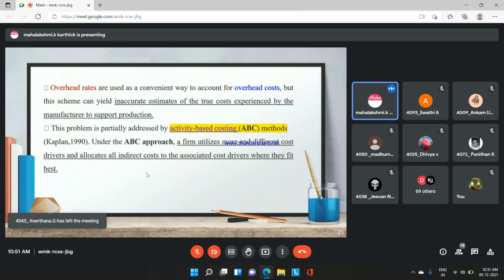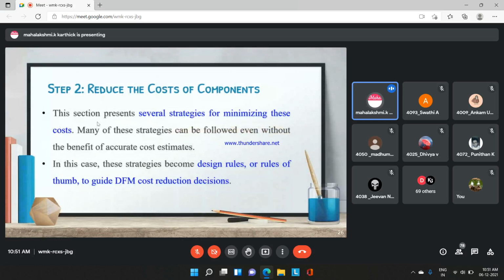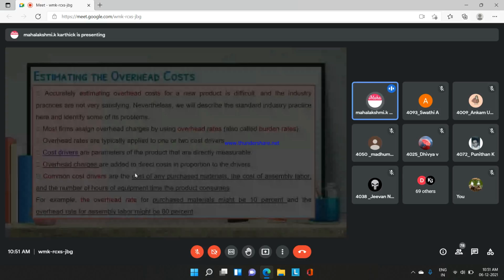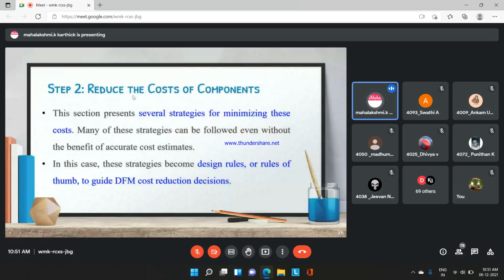Okay, so once you have identified all those details under step 1 process, then you can focus on reducing